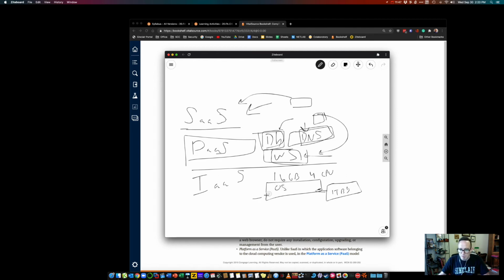I will take care of my own patching. My own software will go onto it, whether it be, again, box software license, I'll do my own licensing. Same with the OS. I'll do all my own management, and I'll back up my own data. I need this hardware slot. I need to have something with that. Maybe I need 4 of these. Maybe I need a really large scale one,